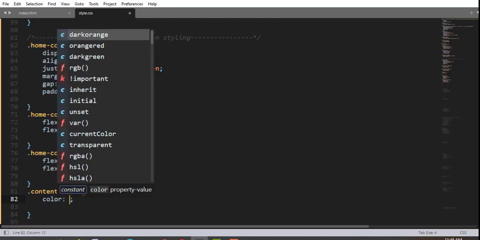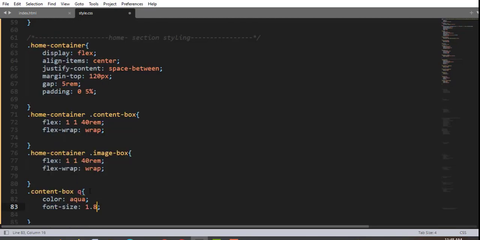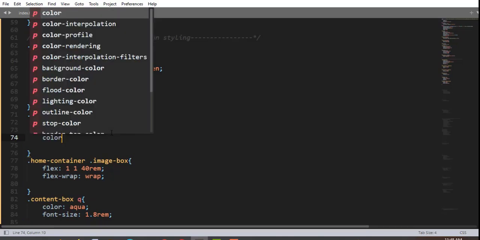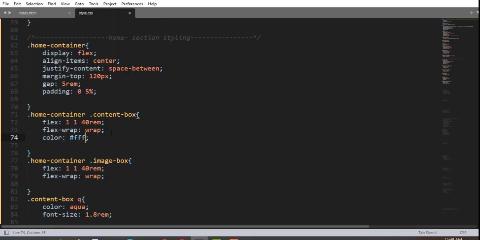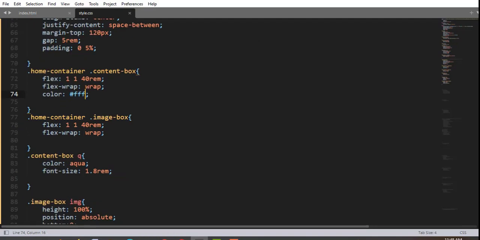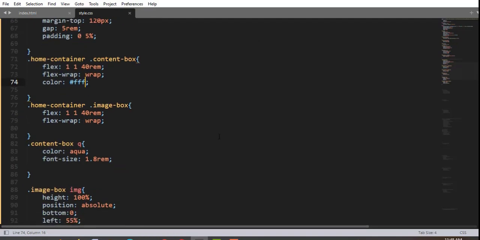Let me add some property values here. The first property is color aqua, font size 1.83, and again color for the content box, let me say white color. Having this, when I save and refresh the web page,